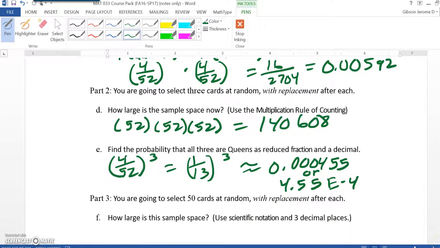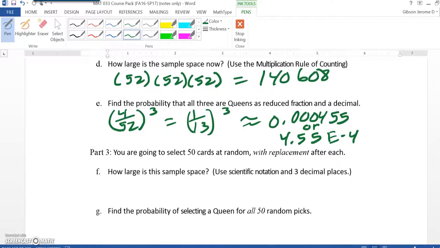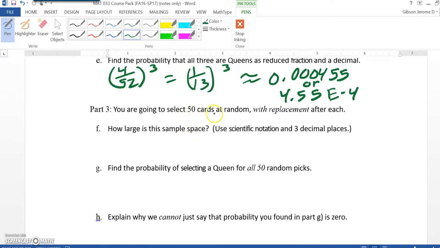Okay, now we go here to F, or part 3. You are going to select 50 cards at random with replacement after each. Now we're dealing with 50 cards now instead of 52. Okay, how large is this sample space? So it's 50 cards. So we'll do 50